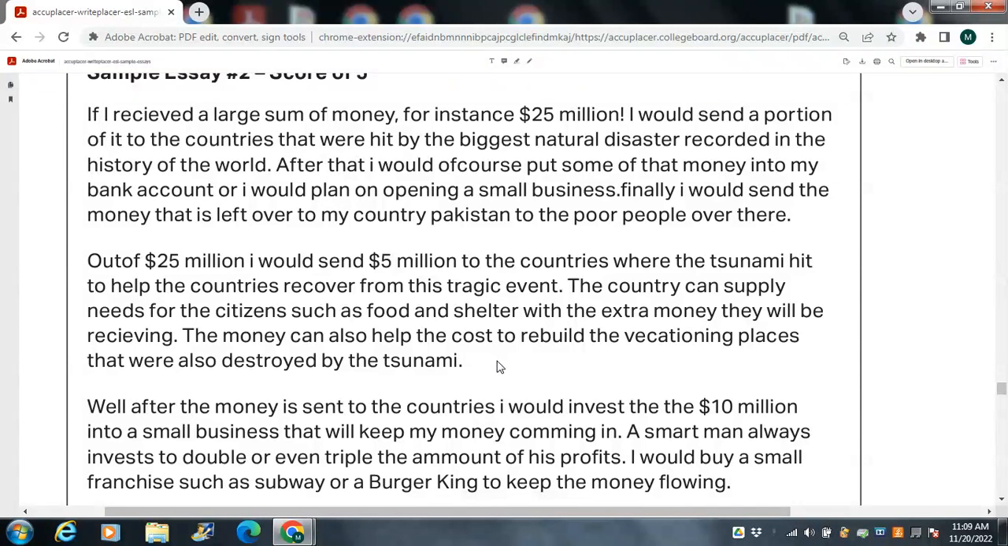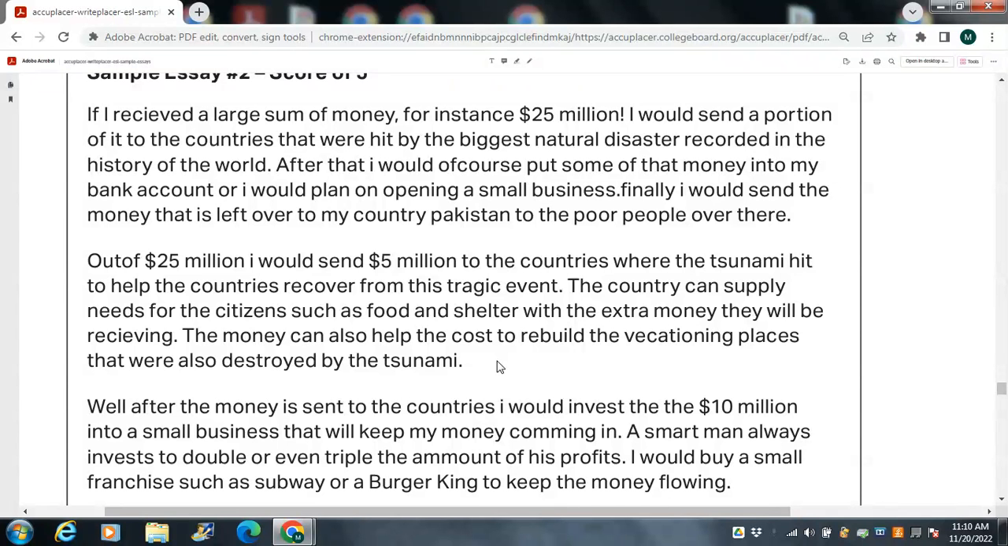So, for example, they could say something like, the country can supply needs such as food and shelter, with the money they will be receiving, and not all the extra stuff for the citizens, etc. Obviously, it's sort of implied if you're giving money to a country, that money is going to be used for food and shelter for its residents. That said, I'm going to go ahead and move on to the next sentence, or the last sentence in